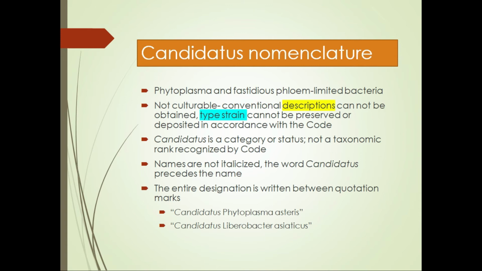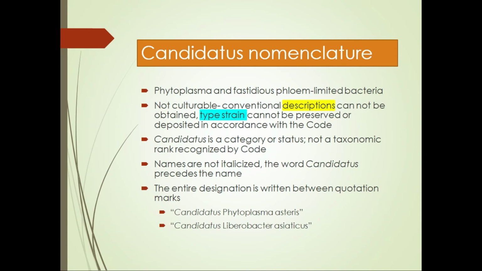So a status or category has been created called Candidatus. It is a status or category, but it is not a taxonomic rank recognized by the code. The names here are given, but the names are not italicized. Only the word Candidatus, which refers to a category or status, is italicized, and this word is preceded by the actual name. For example,